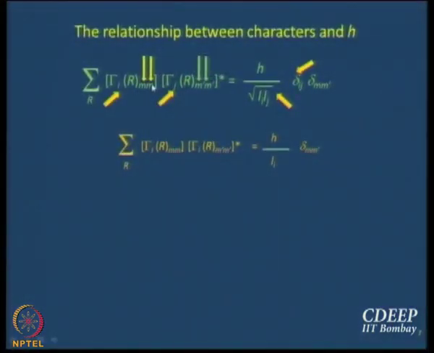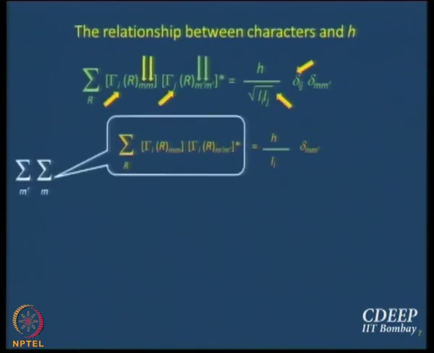See here, what I am saying is I want to work only with characters, so I am only worried about the diagonal elements. I don't care about the off diagonal elements. Only when m equals n and m dash equals n dash, those are the only elements that I am working with. I throw the others. Okay, so this is what it becomes. Now I want to get rid of m, so it makes sense if I sum over all m's and all m dashed, then it will not be dependent on m anymore.